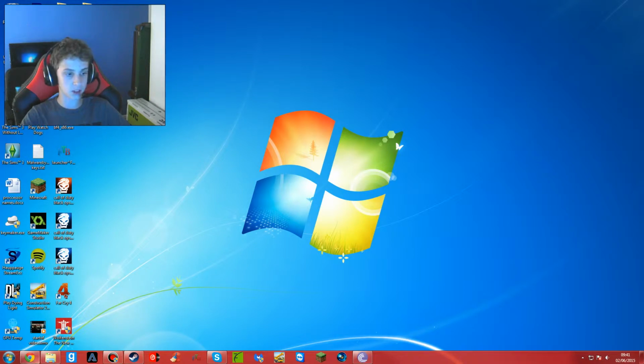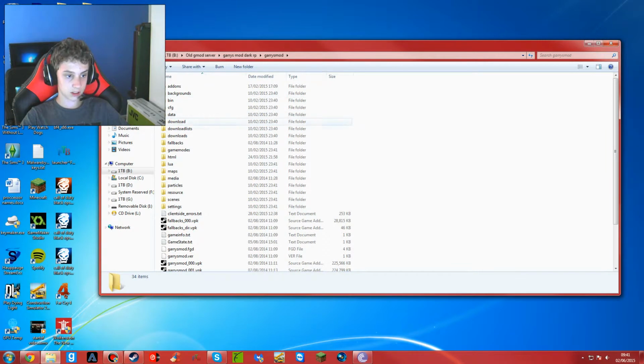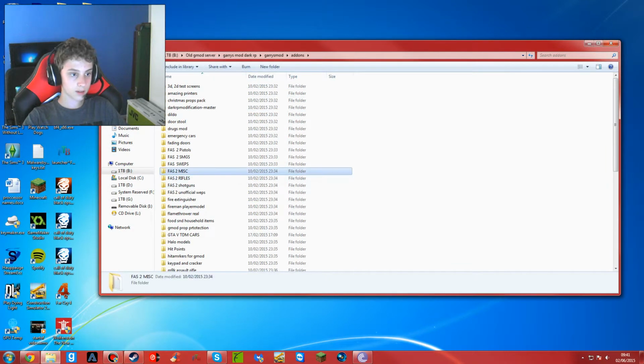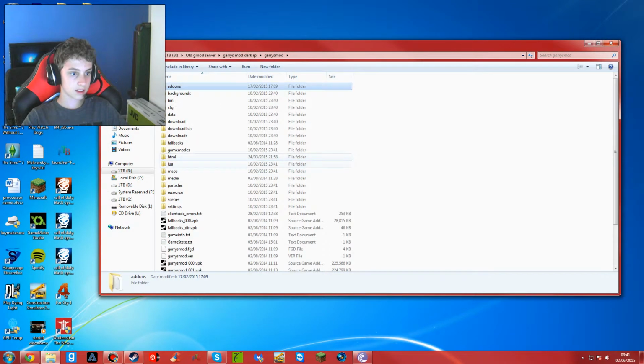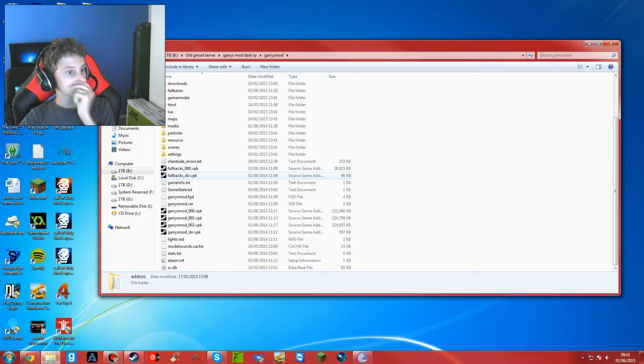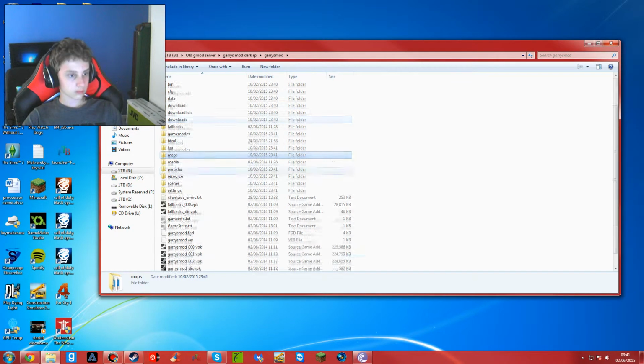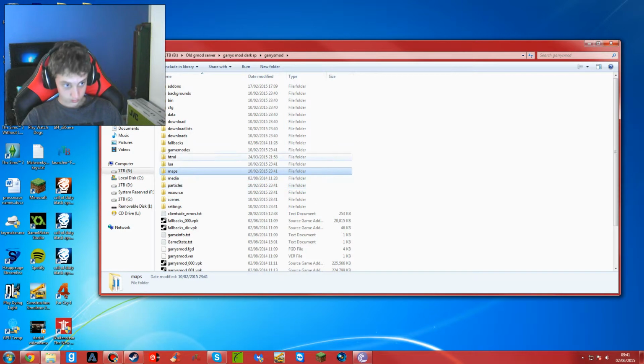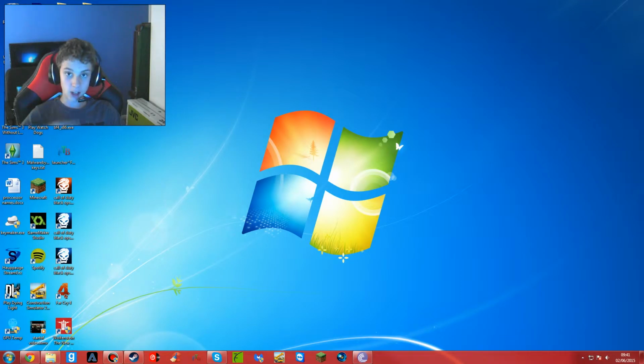What happens is when you launch the server sometimes, you might have too many add-ons in your add-ons folder. As you can see, I've got all these, and you can only have a certain amount of add-ons in your server,